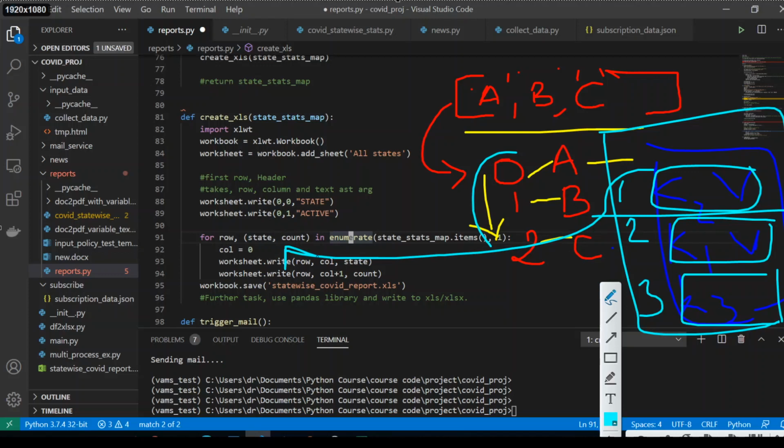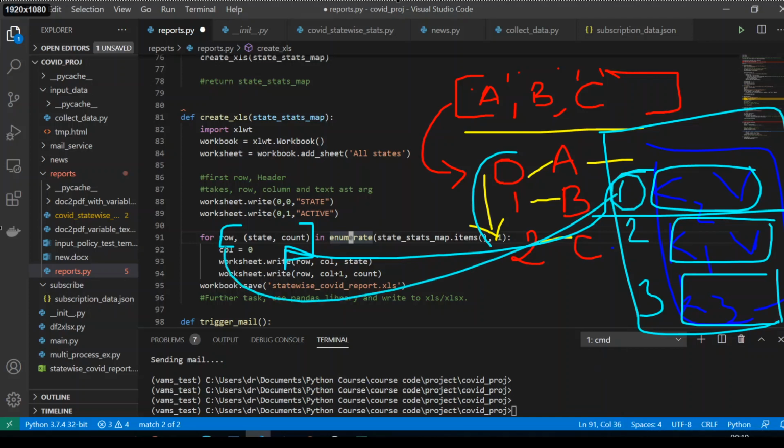So the for loop can assign two values such as key and value here, and once I enumerate it, I get this as the first element in that iteration, and then this as the second value.